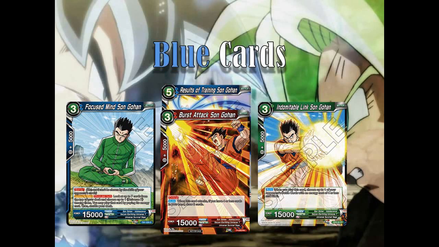So how this is basically going to work is you're going to drop one of these 3 guys throughout the game early on, and use them to either remove threats, search threats, or just draw you more cards and pressure your opponent's life total safely. And then eventually you're just going to evolve one of these into the Results of Training Son Gohan, and then just drop out 3 more, attack with 2 of them, and then on the third one that you chose not to attack with,